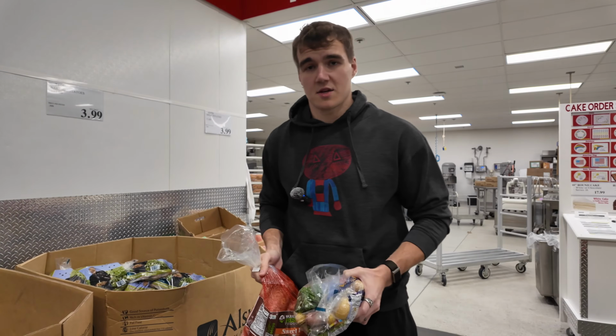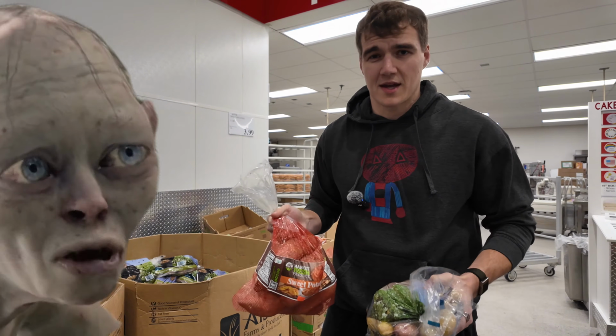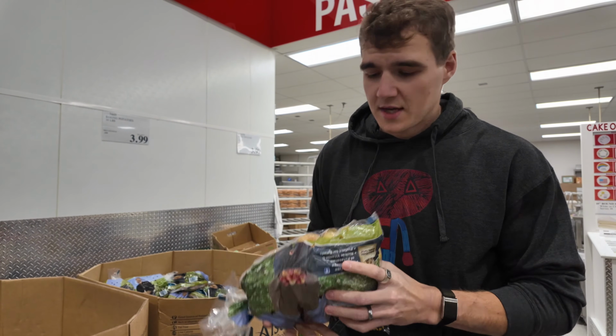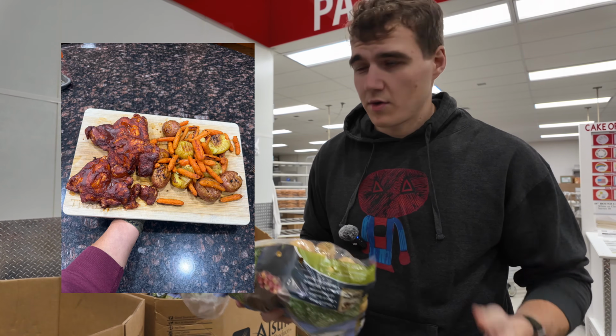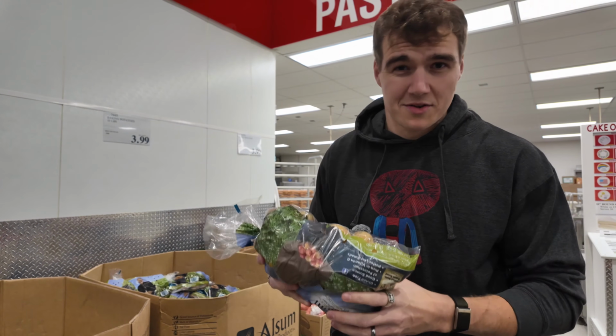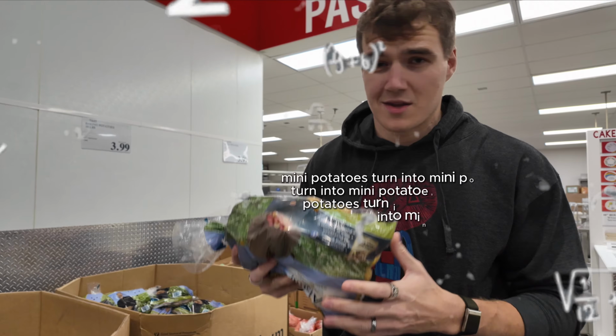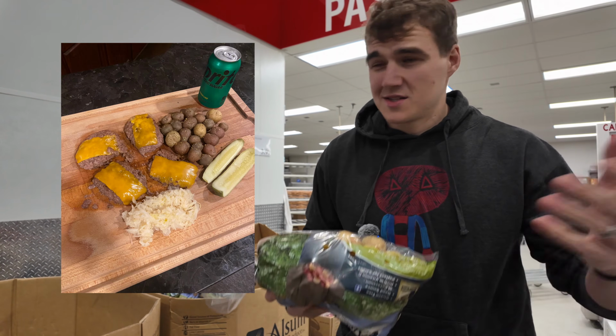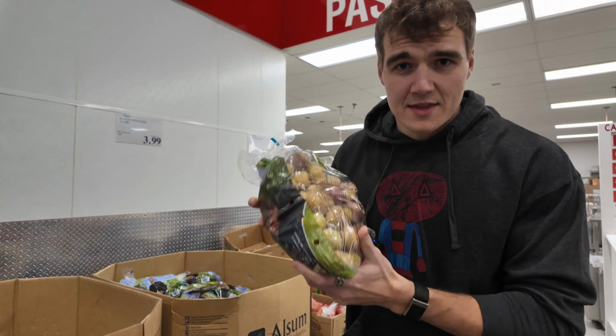Another must-have at Costco are potatoes. Potatoes are extremely high on the satiety index. Sweet potatoes are one of my favorites. I also love these mini potatoes because you can just spray them with avocado oil, throw them in the air fryer with some seasoning, and they turn into crispy mini potatoes. They're amazing. On the side of some steak, some lean beef, some salmon, whatever it may be, this is a